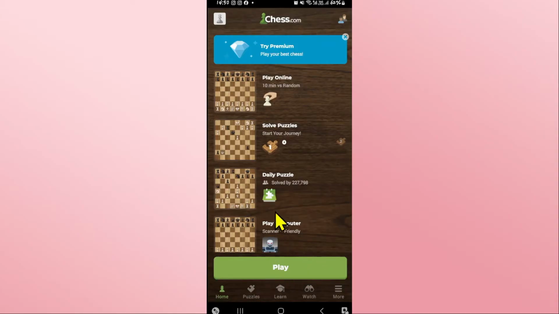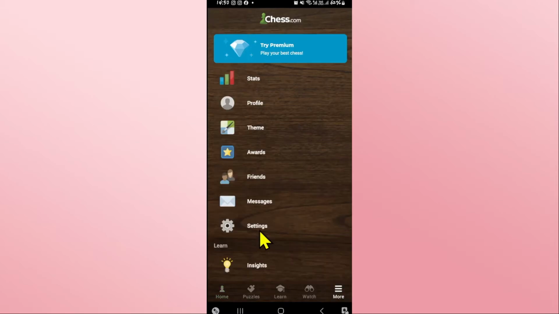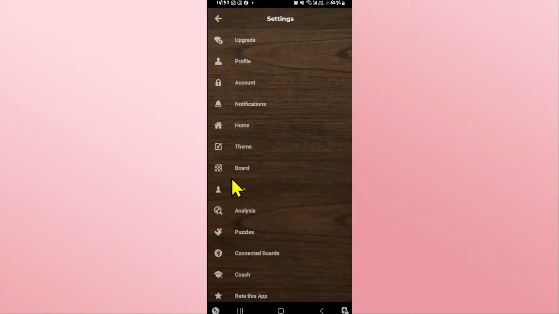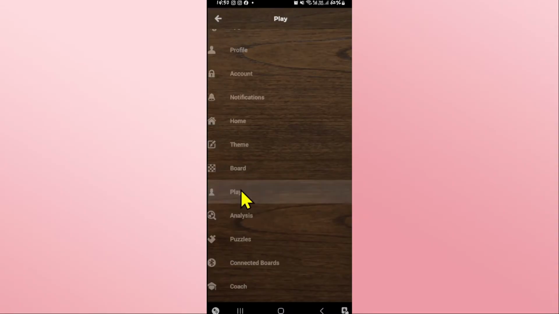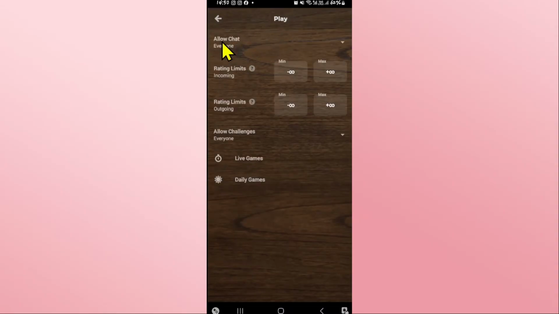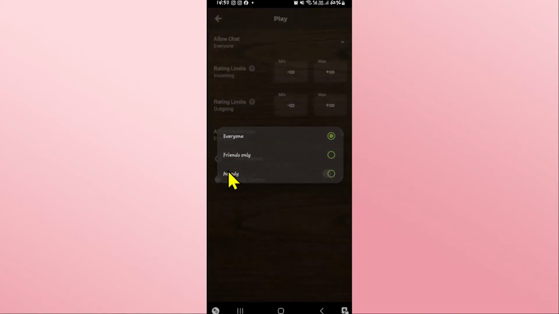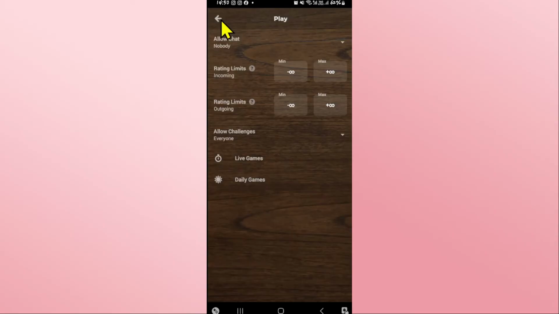Now, if you wish to turn off chats within the game, then tap on More at the bottom right corner and then tap on the settings option. From the settings page, go ahead and tap on Play. And now underneath the Play settings, you will see the Allow Chat option. Click on the drop down menu and then choose Nobody, and this will turn off chats for everyone within the